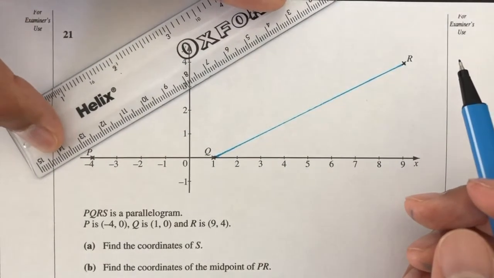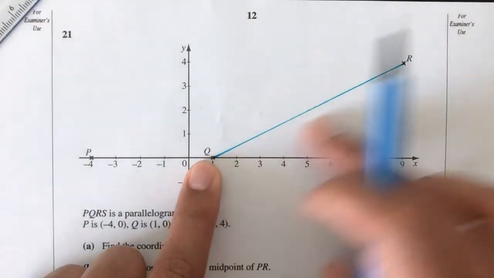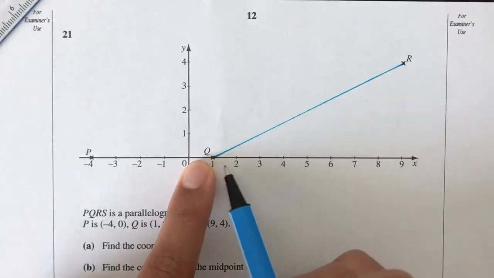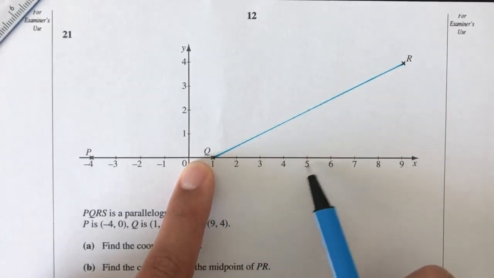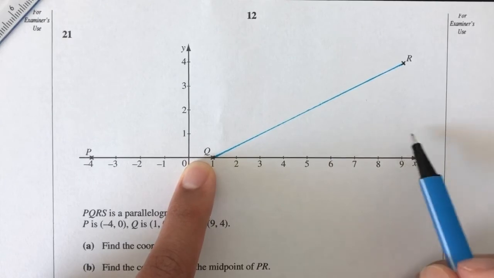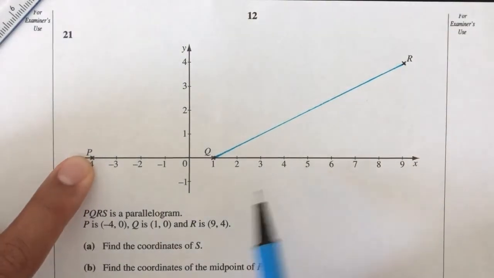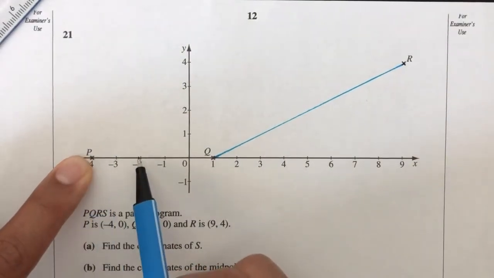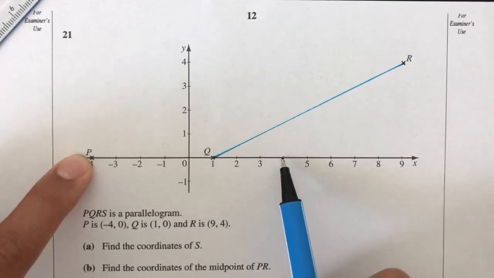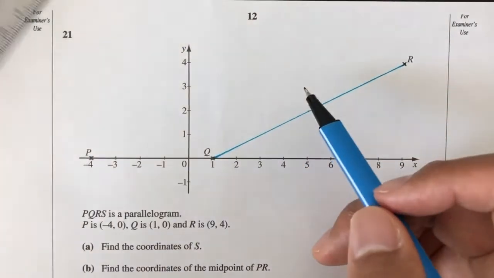So we don't know where S is yet, but one way to find this is to use this one to find this one. We know that from Q we had to move 1, 2, 3, 4, 5, 6, 7, 8, and then 1, 2, 3, 4. So same thing here, we have to move 8 and 4 from P. So 1, 2, 3, 4, 5, 6, 7, 8, and then moving 1, 2, 3, and 4. So the value of